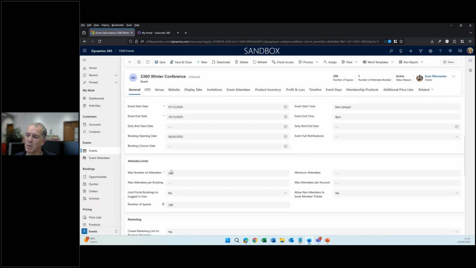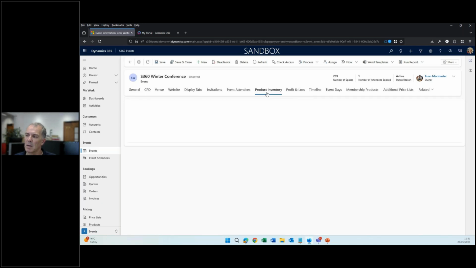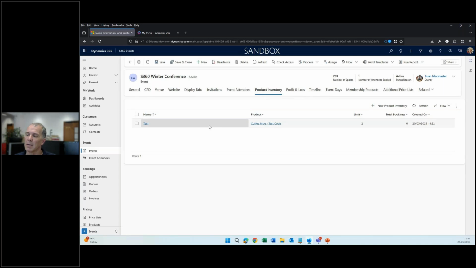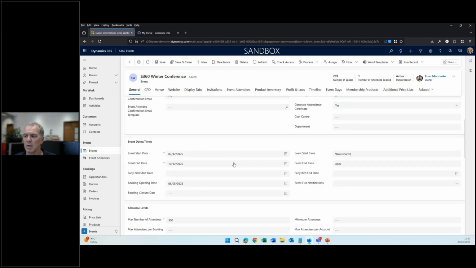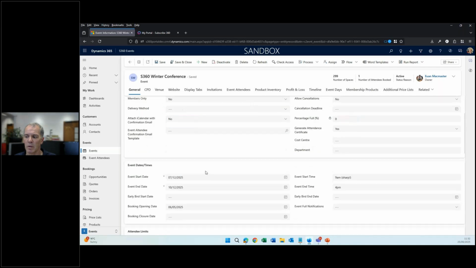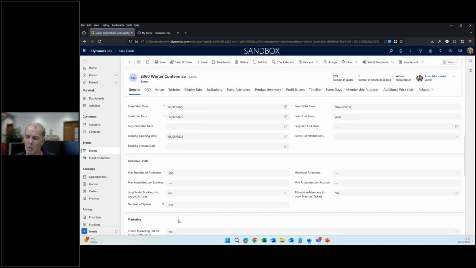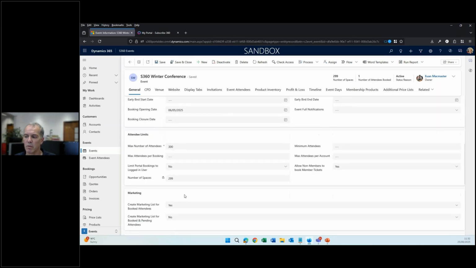Not only do we allow you to limit the number of attendees, but we allow you potentially to limit any particular product on the price list, be it a ticket or be it an option that they're buying or an add-on here like a coffee mug. The idea is that you can choose to restrict how many member tickets, how many non-member tickets, how many of a particular session or a particular option you would like to sell. So if you've got any restrictions on how many of something you would like to sell, the system will support that through product inventory,